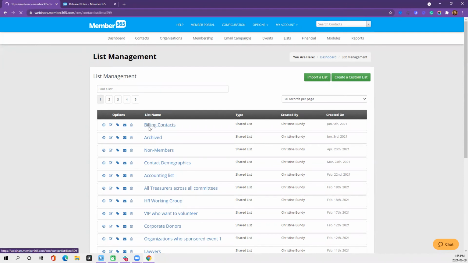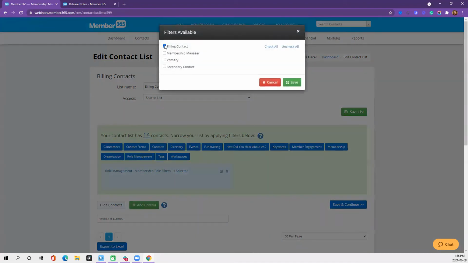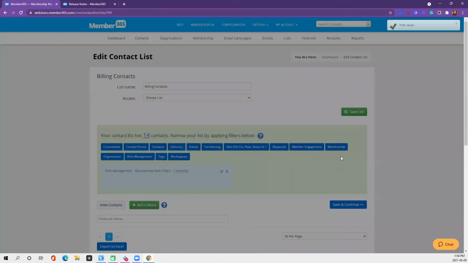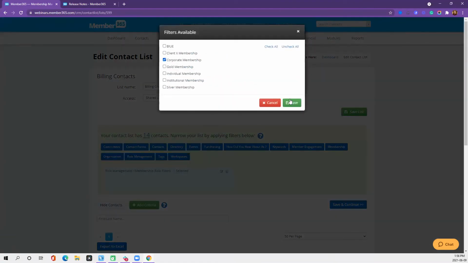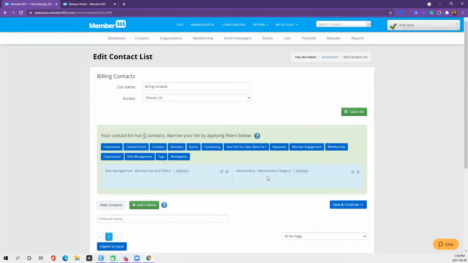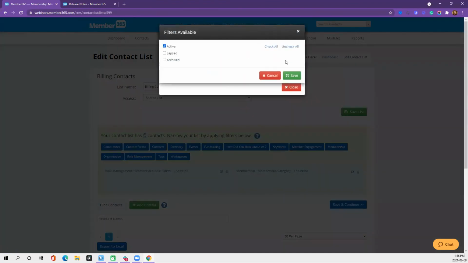So I already created a list for billing contacts, and simply I went to role management, and I simply clicked on billing contact. Now I can create a list for the membership managers, the primary, even the secondary contact, so it just goes to those specific individuals. You can even filter it further, same as always, by adding different filters. So you can make it a stricter or smaller segment if you only want to do it for a specific membership. You can even go so far as saying, I only want to do it for people that are active,